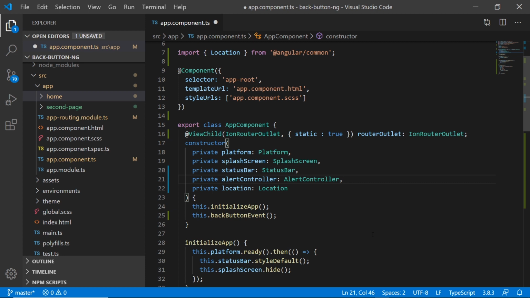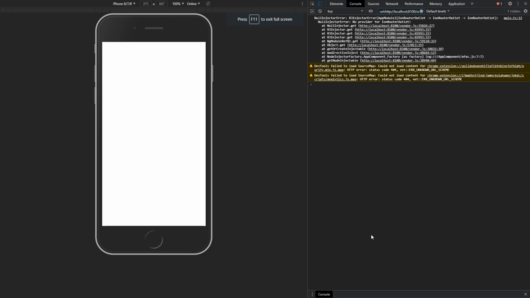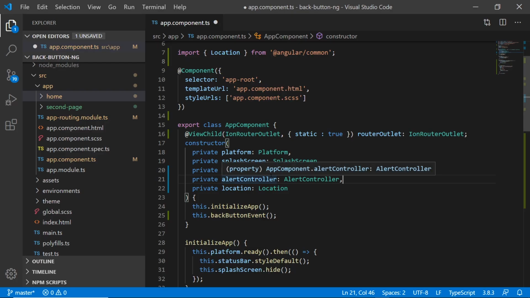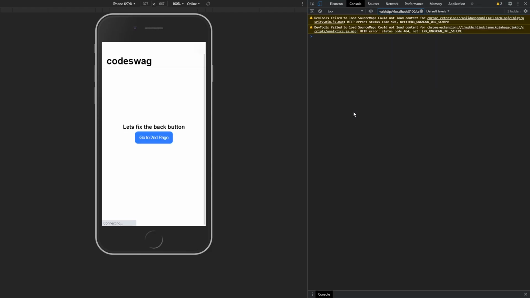Okay, let's go to the browser now. Okay, so we can see in our browser we still have that error there. That's because I haven't saved. Let's go back to Visual Studio Code. And in Visual Studio Code, you can see this dot there. That means that I haven't saved. If I save and go back in the browser, you can see the error disappears and we now have the code